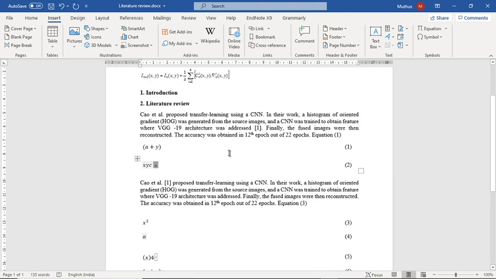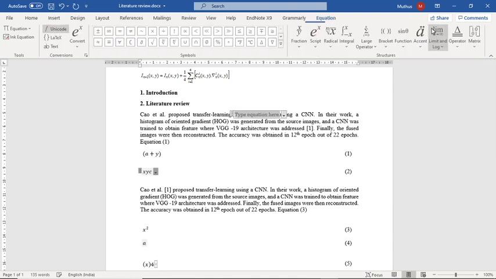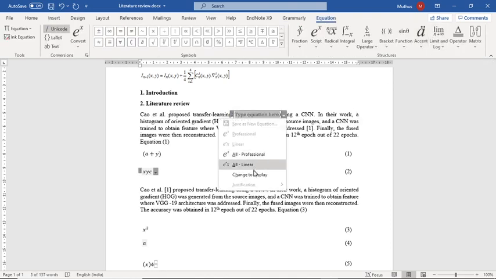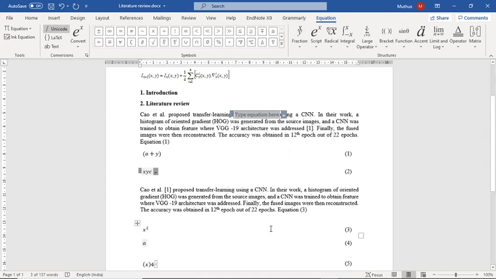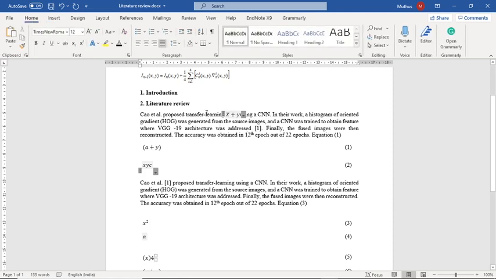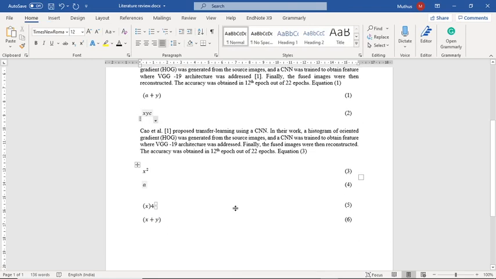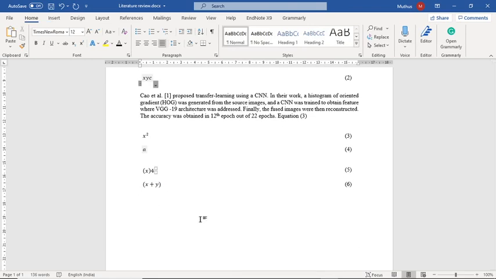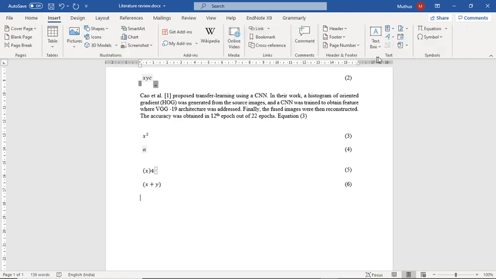And one more thing, in the paragraph line, suppose you would like to give any special characters or an equation, again we can use this equation option directly here. In the paragraph its default is already inline equations. For example here I am giving x plus y, so it automatically changes into inline.